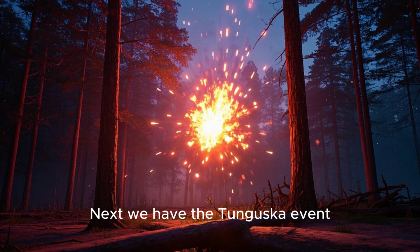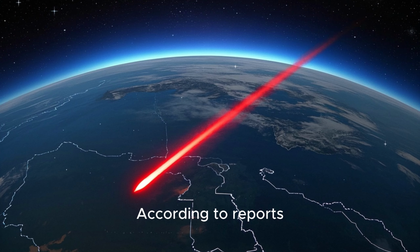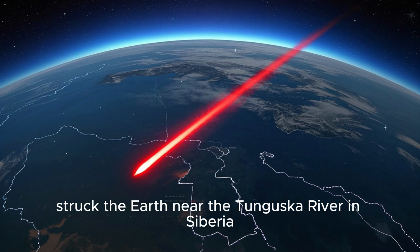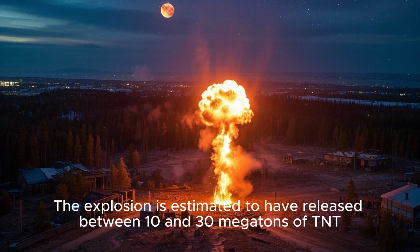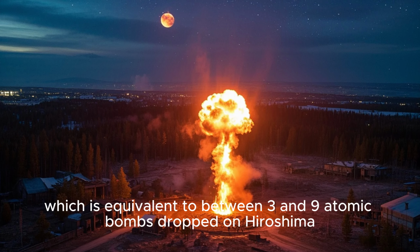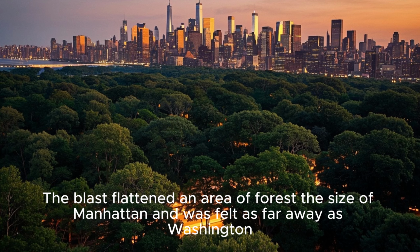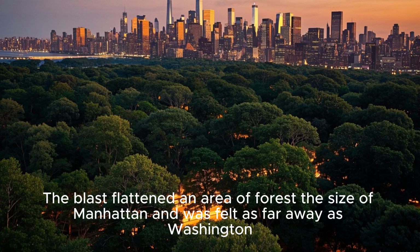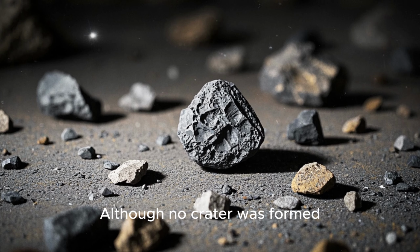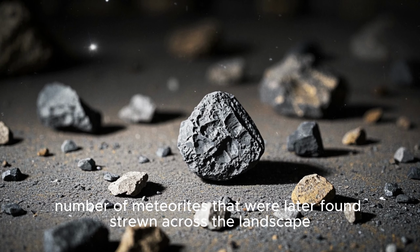Next, we have the Tunguska event, which occurred in 1908 and is the largest known impact event in modern history. According to reports, a massive comet or asteroid struck the Earth near the Tunguska River in Siberia, Russia. The explosion is estimated to have released between 10 and 30 megatons of TNT, which is equivalent to between 3 and 9 atomic bombs dropped on Hiroshima. The blast flattened an area of forest the size of Manhattan and was felt as far away as Washington, D.C. Although no crater was formed, the impact left behind a large number of meteorites that were later found strewn across